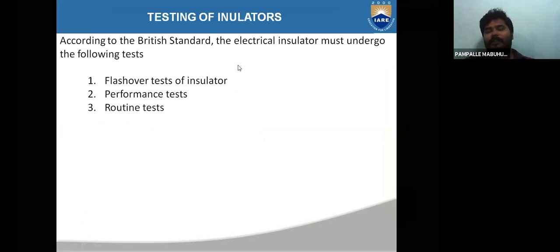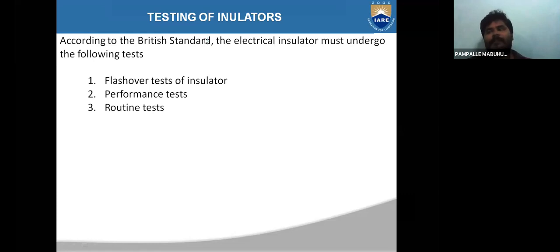What are the different testing methods available for the insulator? You know that the performance of the transmission line mainly depends upon these insulators. When the insulators are damaged, the performance of the transmission line will also decrease. So you have to take proper care such that your insulator is very perfect, and there should not be any damage. Before you use this insulator in the field or in the transmission line, you have to test it in the laboratory itself.